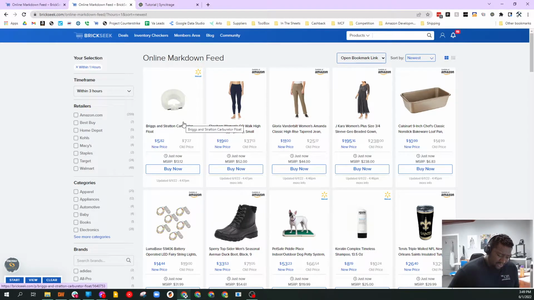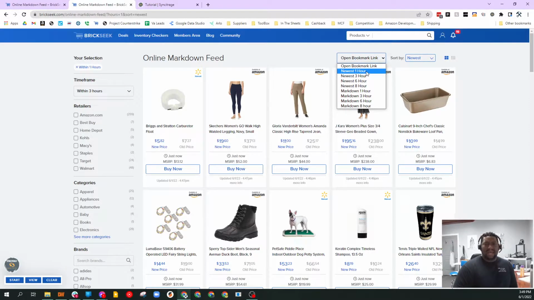All right, that was tip number three. What about an overnight run, right? If I get off work here in about an hour and a half, but I want SynciTRAGE running for me in the background, I might select markdowns over 8 hours, or maybe newest over 8 hours, probably what I would run, and have that run every 8 hours is probably what I would